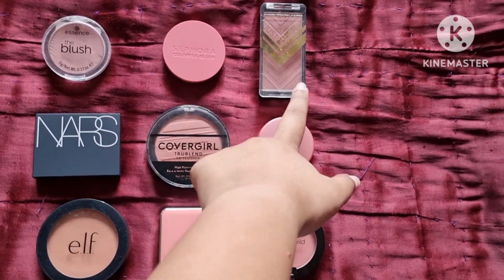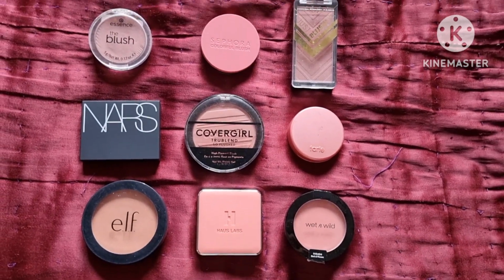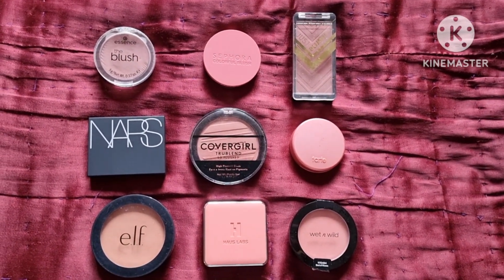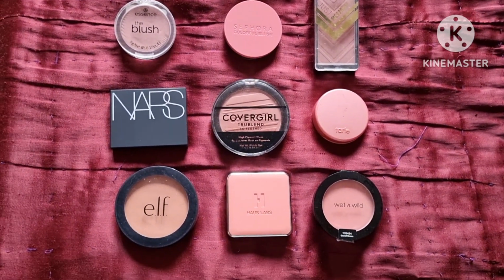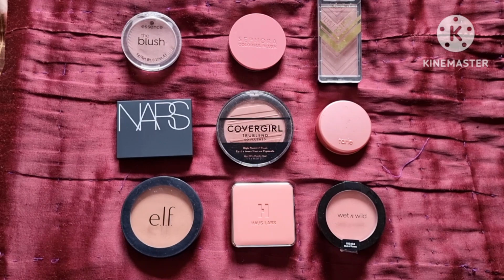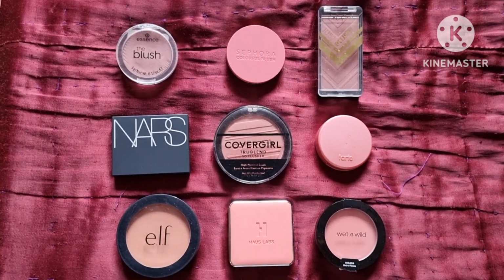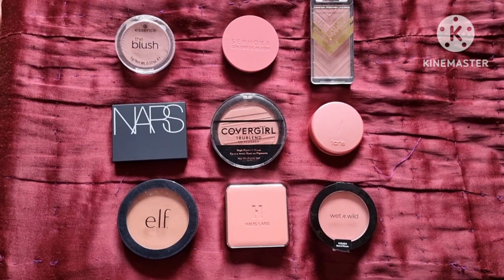The Sephora, LA Girl, CoverGirl, NARS, House Labs, and Wet n Wild, these are all newer additions that happened last year, mainly because of my US trip, and I was so excited to add some international brands and some other formulations which are not really available here in India to my collection. So I am okay that my collection has expanded to 9 blushes this year,